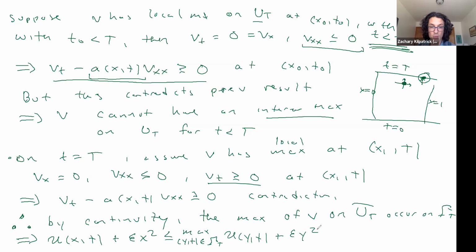So wherever that boundary happens to be. And this means that this is bounded from above by the max on the boundary of u plus,